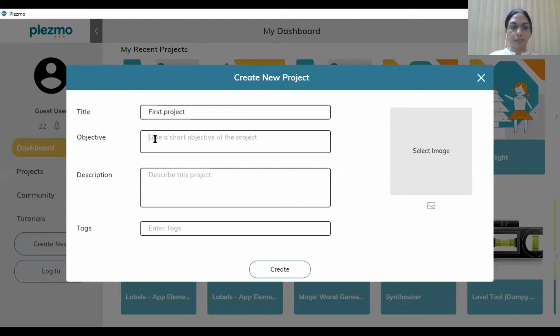The main objective is to make a color changing light, right? Now the description you can avoid or you can write if you want, but today I'm skipping it. So create.